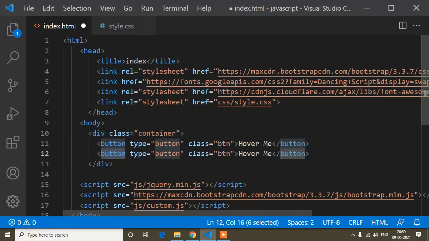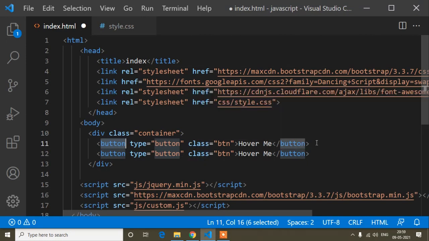It's not a good practice to add CSS to a tag directly. Instead you should define a class name or ID name, and define the CSS for it. I hope you understand.